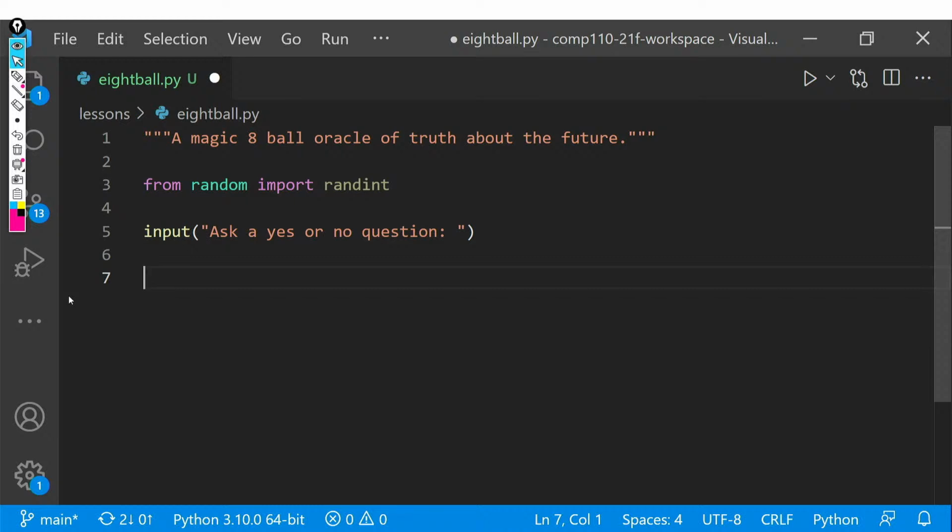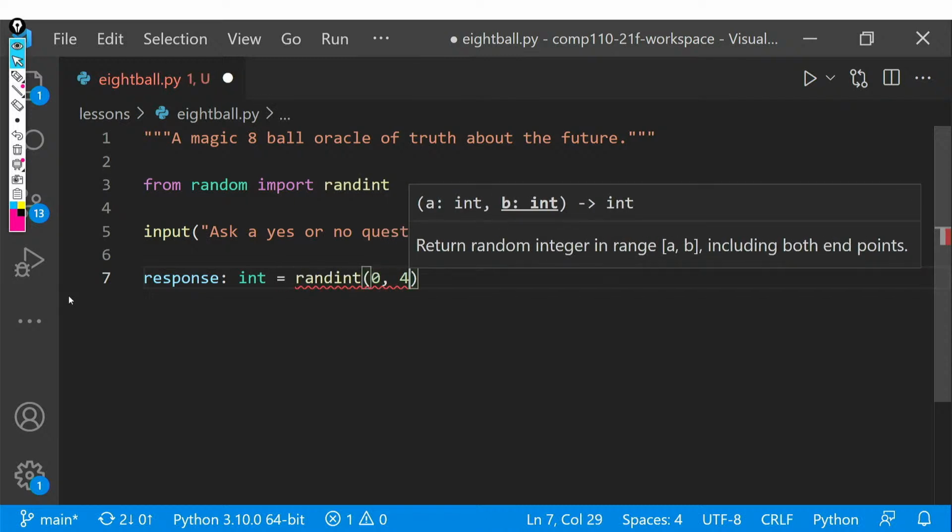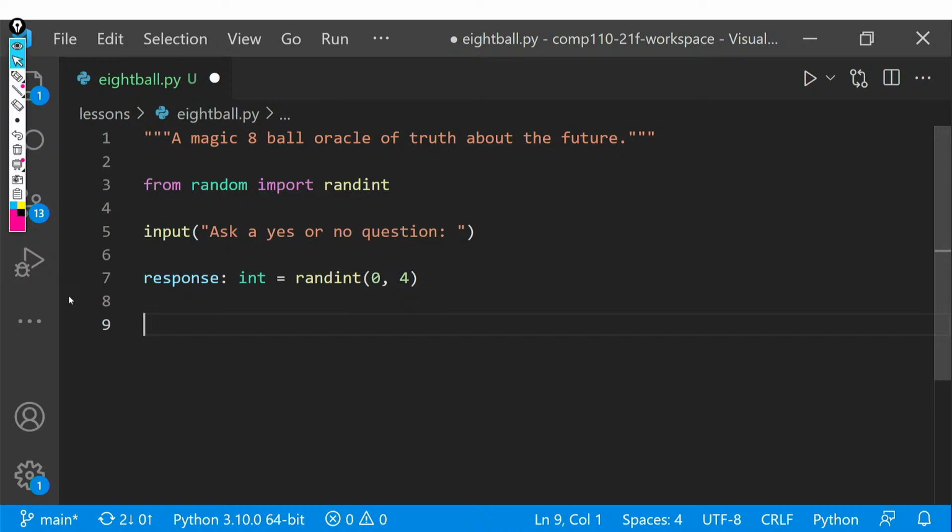And all we really want to know is what our random response is going to be. So we'll set up a variable named response. That will be an integer. That will be the result of calling the randint function with, say, 0 and 4 as our bounds. So this randint function, when our program runs, is going to generate a number between 0 and 4. Actually, that should have been 0 and 3. We only really want 4 options here. So it'll be inclusive of 0. So it might be 0, 1, 2, or 3. Right? So 4 possible options here, inclusive of both of these ends of the range.